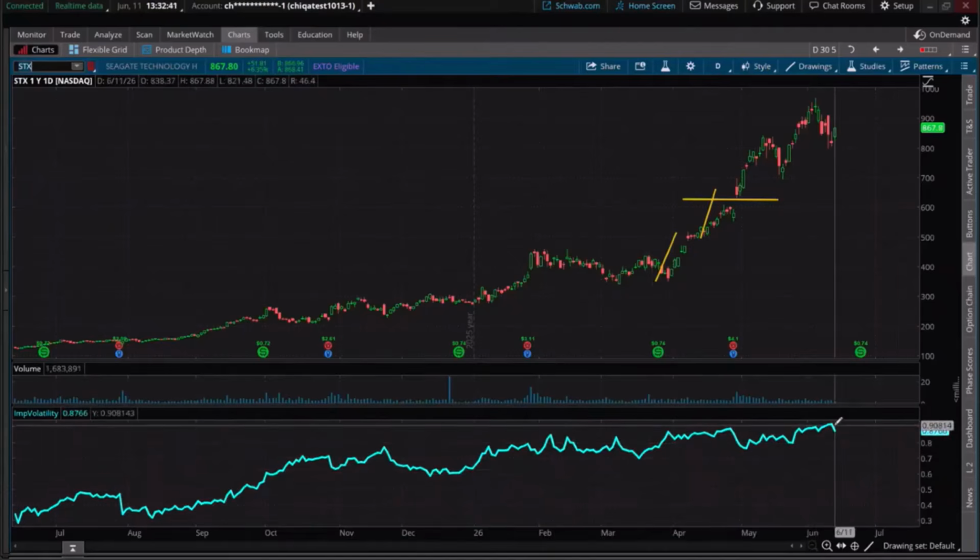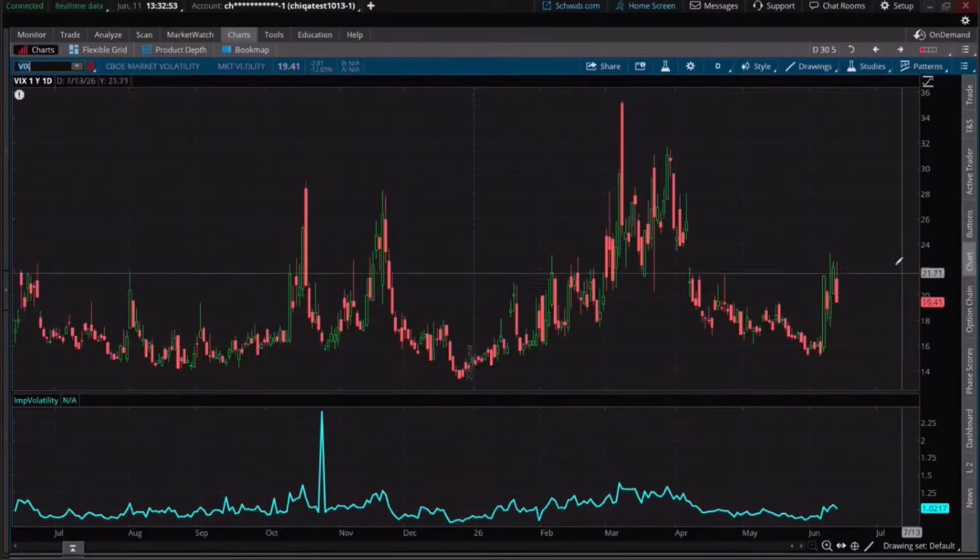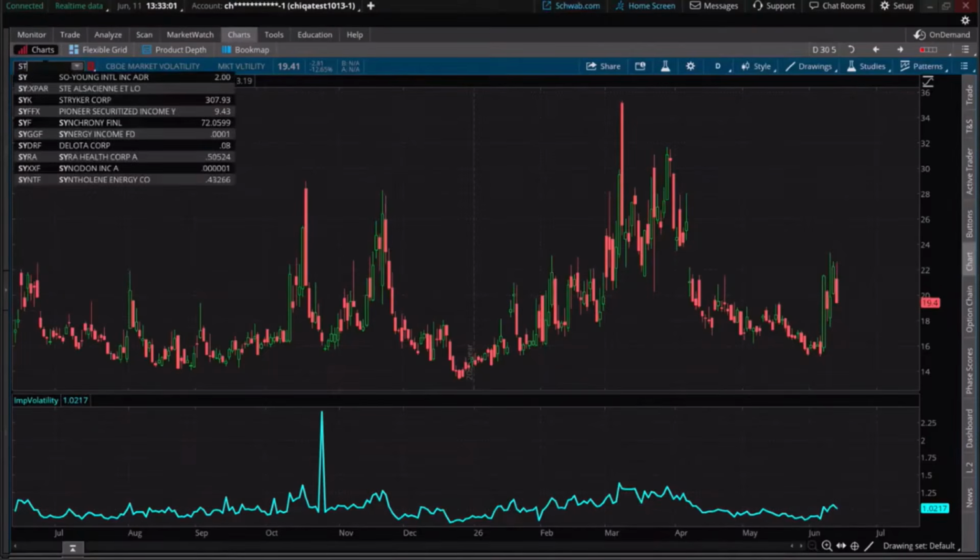Now, when you say that, what we're doing is making a comparison here and saying, well, how's the implied volatility relative to, let's say, the VIX? It's a lot higher. It's substantially higher. I said 50 because I wanted to say we were at least more than double the VIX level of implied volatility.